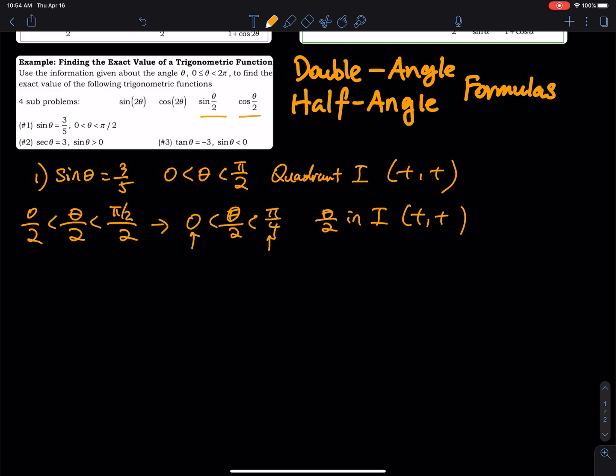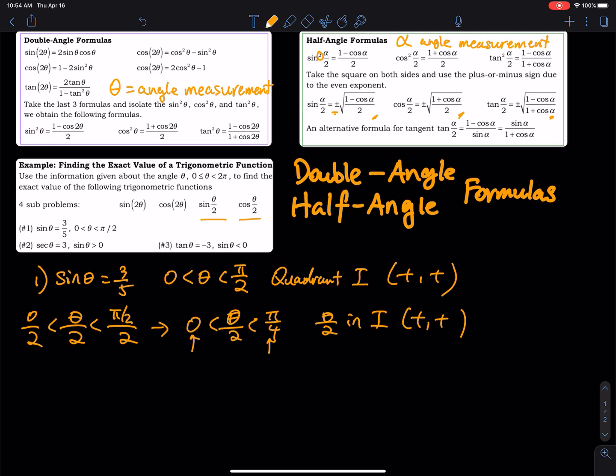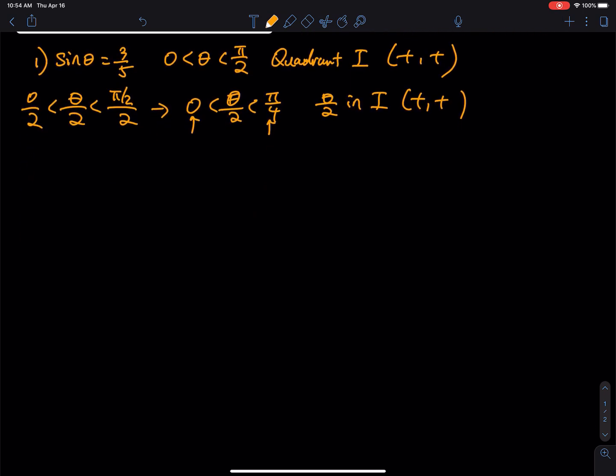Now we only have a sine. If you go back to the formula, we know that having a sine is not enough. We need a sine and a cosine. We have a tangent, but in this problem I didn't ask for tangent 2 theta or tangent half theta, so we don't really need a tangent. We have sine, and we need to figure out cosine. So using sine theta equals 3 over 5,